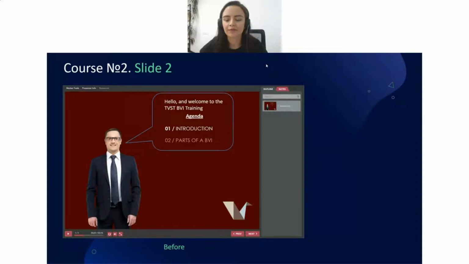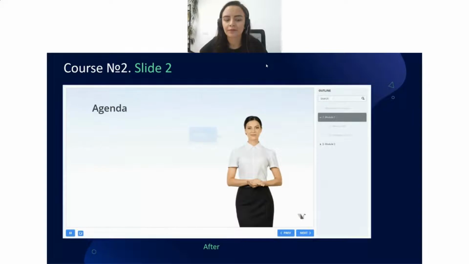So let's take a look at the alternative design for this slide. Here we've chosen a character that fits better with the color theme of the course, and also we divided text into semantic parts. The first one is the callouts, so only the phrases of the character, and also we separated text which no longer applies to the speech directly. Okay,